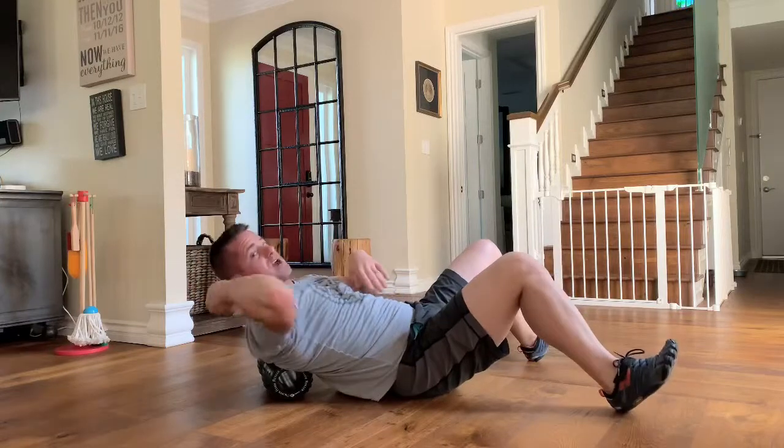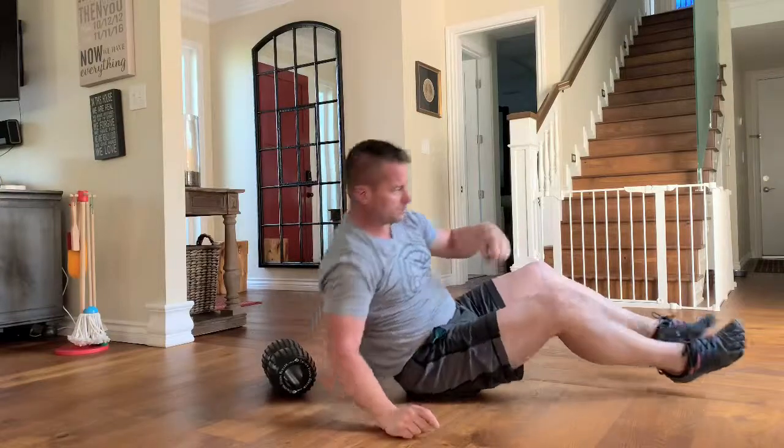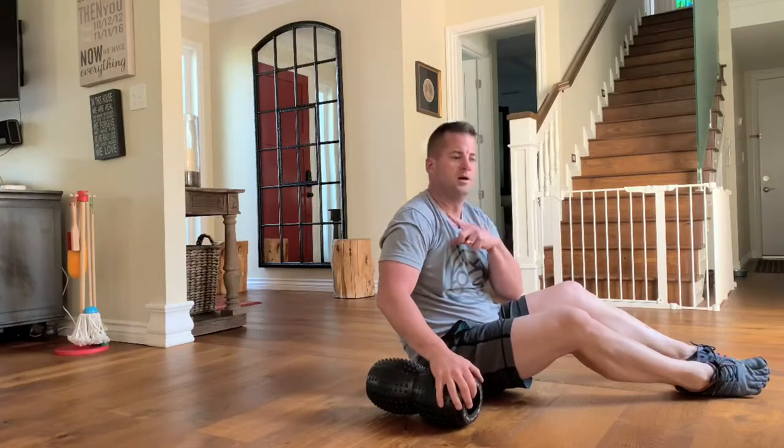You can really get some nice cavitations in the thoracic area and perhaps even a rib or two that have subluxed posteriorly. A wonderful position for the low back